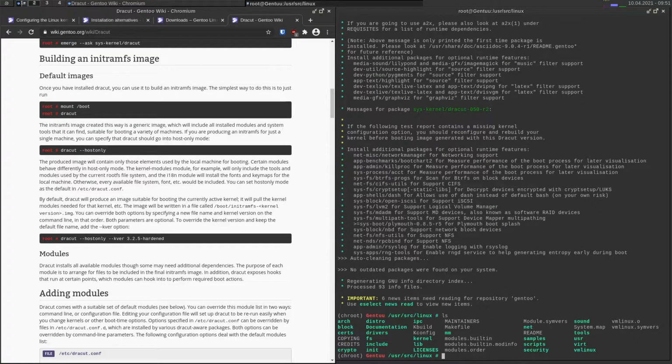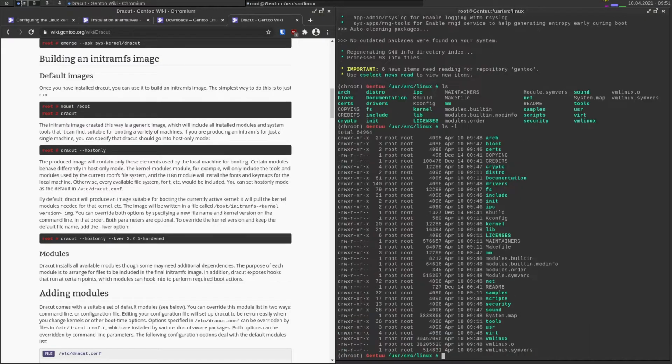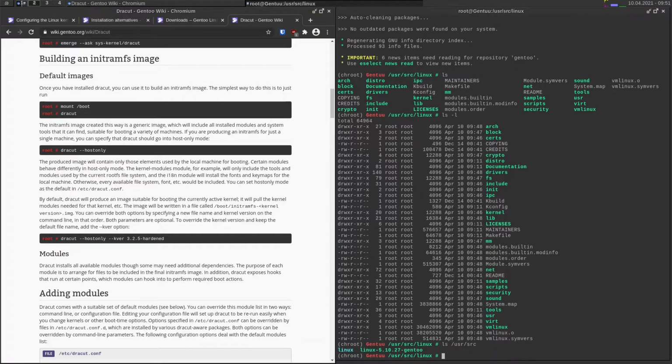So first we want to find what our, okay, this didn't do anything useful, so yeah, I guess that makes sense. What you probably want to do is ls /usr/src. We want to see our kernel name. And what I want to do now is Dracut